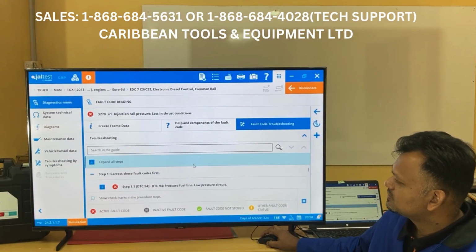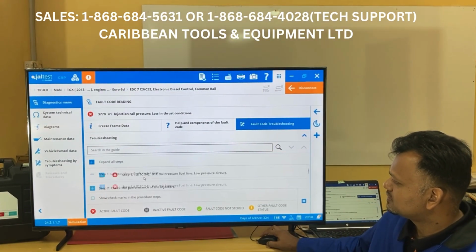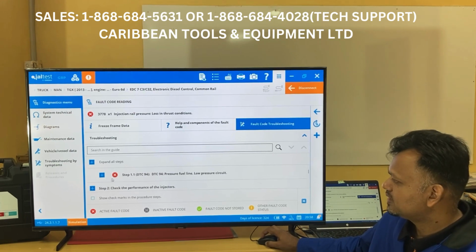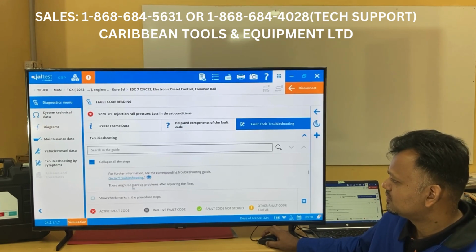Right, so this will give you step-by-step instructions, right? From step 1 right down to step 8. And it will guide you step by step on how to troubleshoot the problem. So say, take for example, step 1. Step 1 will tell you, well,